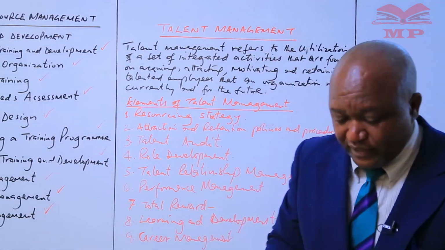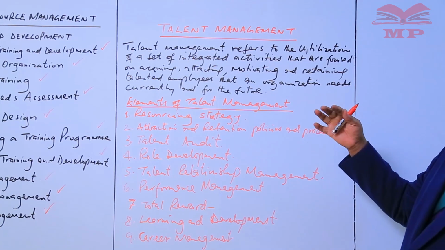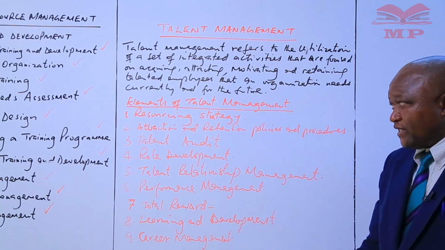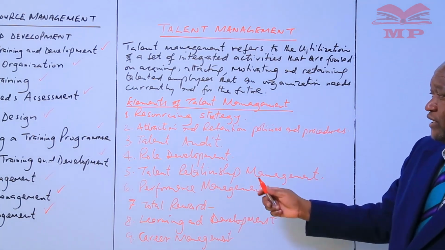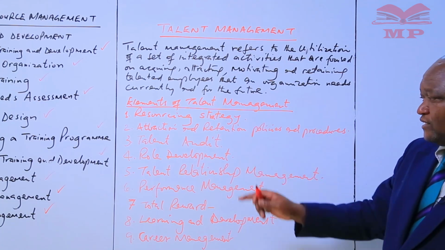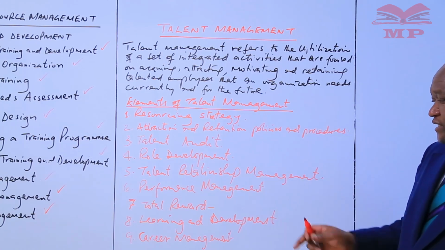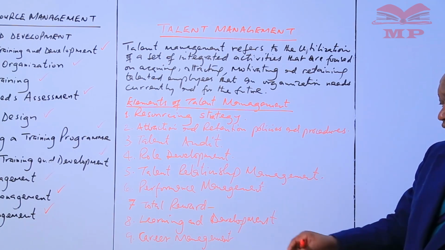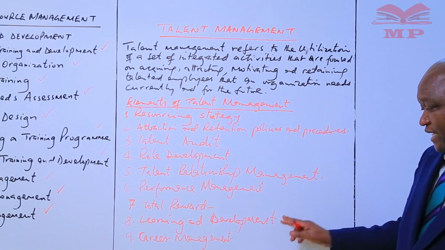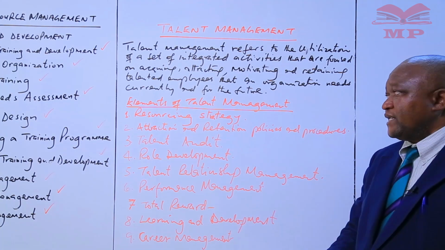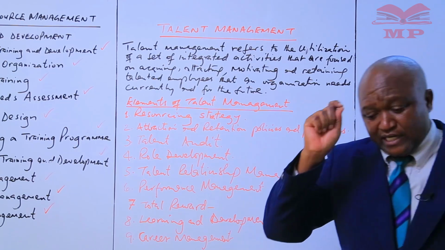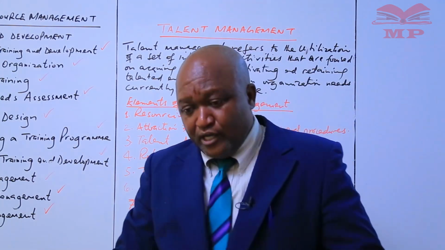These are some of the elements that are supposed to be visible in a talent management program within an organization: the resourcing strategy, attracting and retention policies and procedures, talent audit, role development, talent relationship management, performance management, total reward, which is supposed to be comprehensive and competitive, learning and development opportunities, and career development. So these, dear learner, are some of the elements of talent management that organizations are supposed to put in place. So the question then comes,